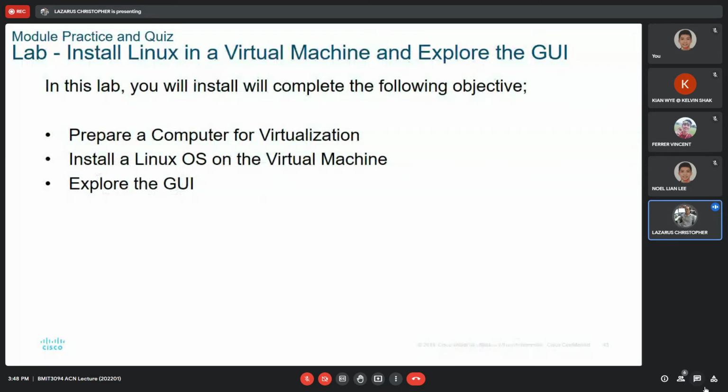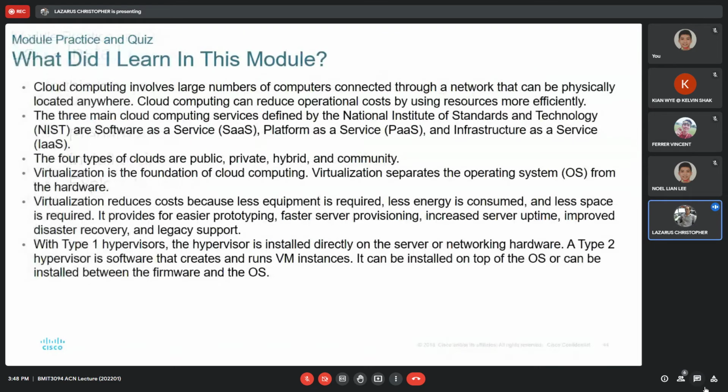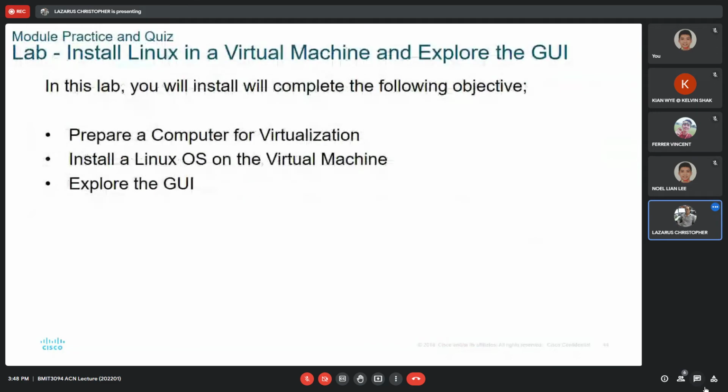Right, so that's the end of this section, yeah. Right, so the lab actually is virtualization, installing Linux and exploring the GUI. This is a lab on virtualization. I'm not sure. I don't think we do this one, but